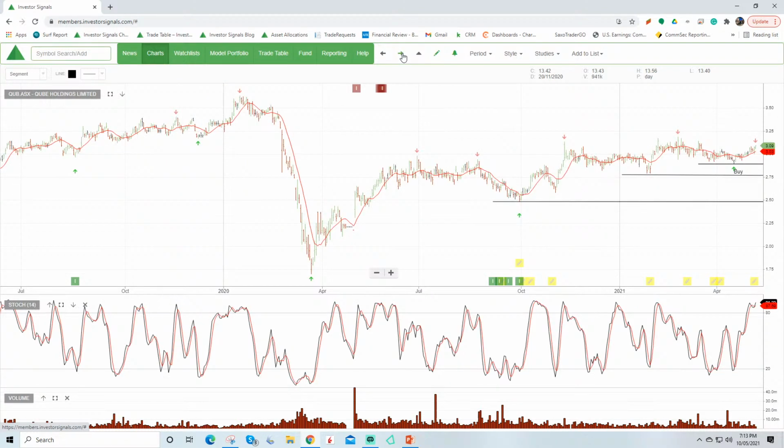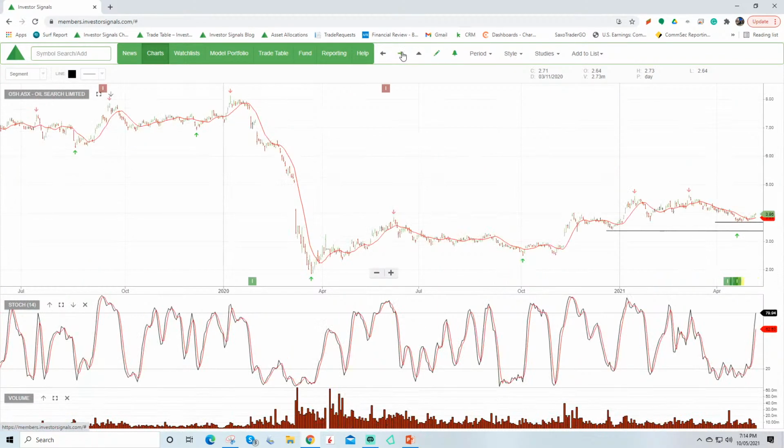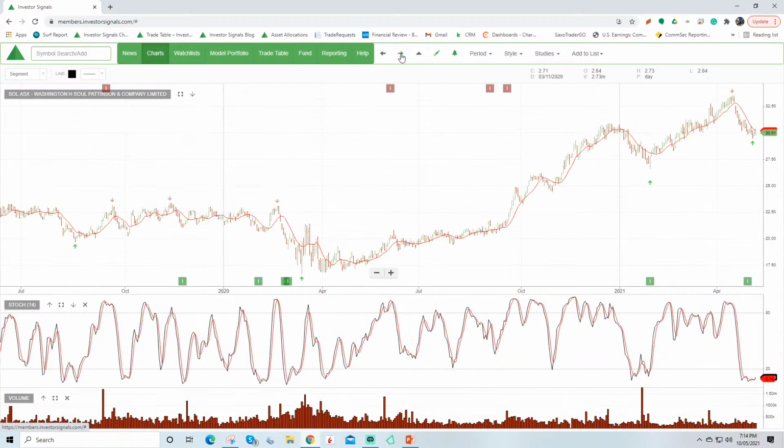Cube Holdings, we've added this into portfolios. It's under algorithm buy conditions from late last year at around 250, now pushing 310. The correction that we had from 320 back down to 290, I've drawn your attention to the 290 support level on the blog. Stock now pushing 310, but comfortable. We think that has upside, maybe more into that 330 to 360 price range. Oil Search, consider that, but again, preference Woodside over Oil Search.